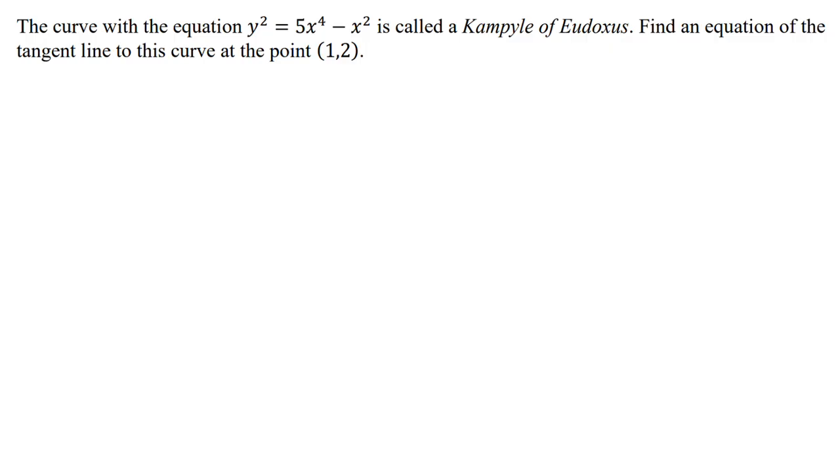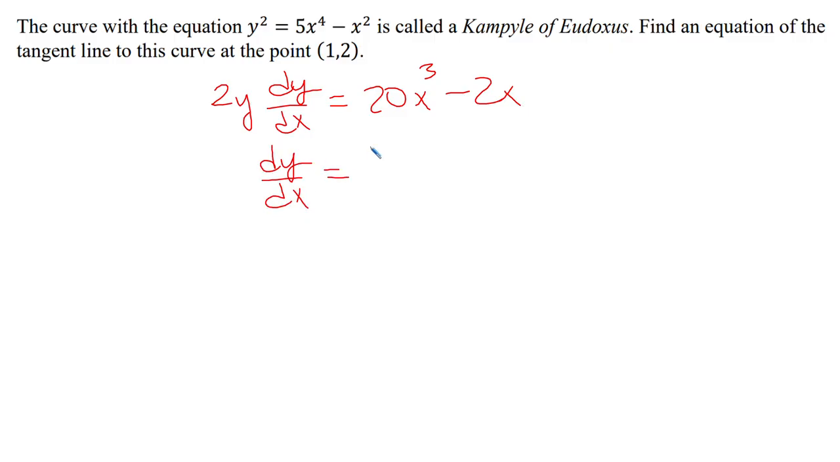All right, for our next one here, we are just looking for an equation of the tangent line to this curve at the point (1, 2). And since this is an implicitly defined equation, we're going to use implicit differentiation to solve for our derivative. So we'll start off with the derivative of y squared with respect to x, which is 2y dy/dx. And then on the right-hand side, we'll have 20x cubed minus 2x. So right off the bat, we can see that dy/dx is going to equal (20x cubed minus 2x)